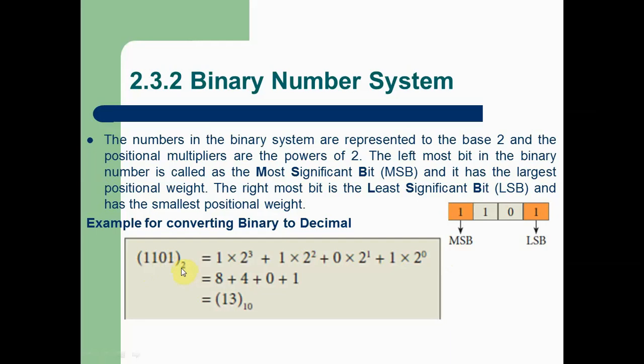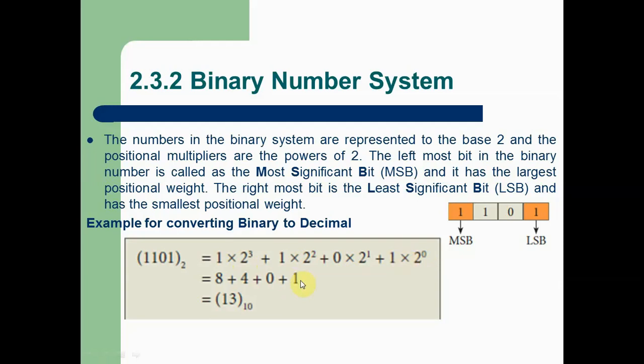If you want to convert this binary number into the decimal format, you should follow the steps below. First, we multiply each digit by the base value. Each and every digit should be multiplied by the base value. Here you can see 1 into 2, plus 1 into 2, plus 0 into 2, plus 1 into 2. Then you put the positional values as powers on each base value and calculate. Here you can see anything to the power of 0 is equal to 1.